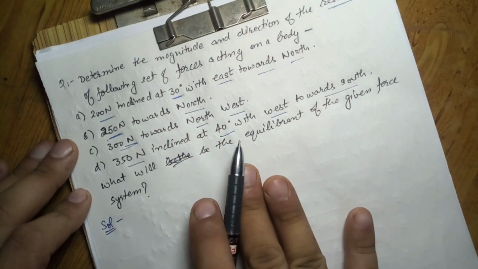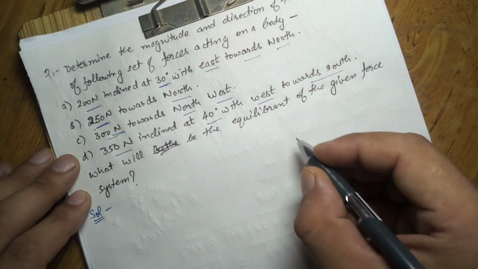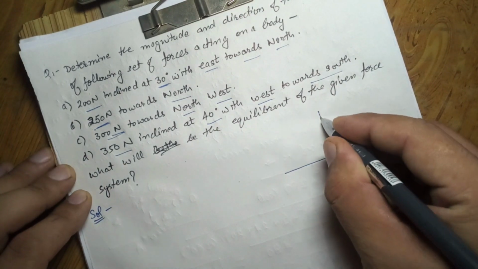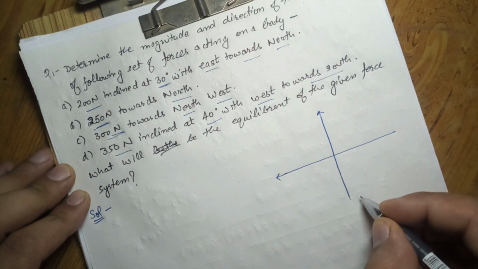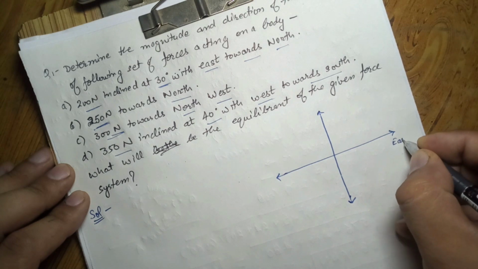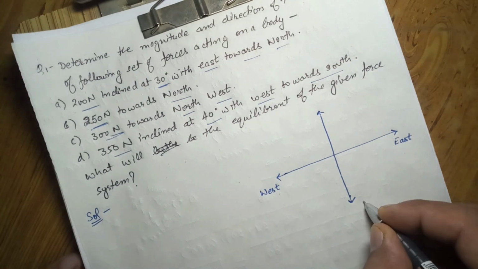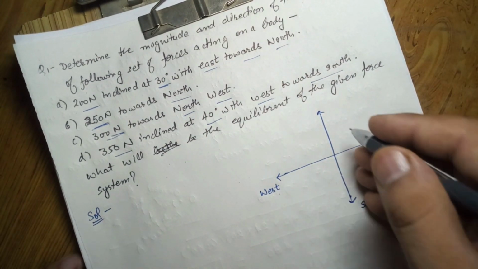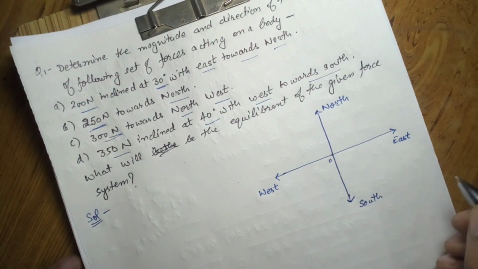Now first of all we will draw the diagram, then we will see which method we can apply. Now as this is a question of direction system, first of all we draw the standard directions. So we know that these are the four directions. Let's say this is east, then here it will be west. If I take on this side, it will be north and south. Now this is the point O.